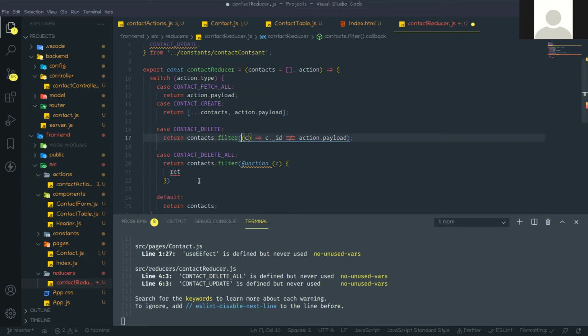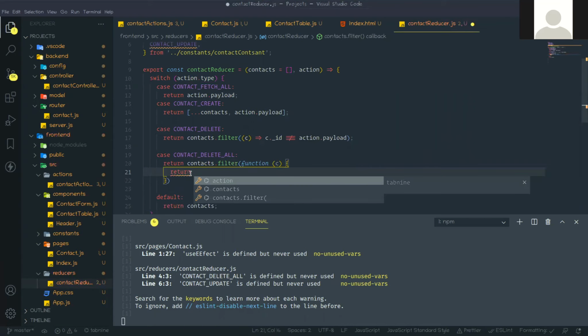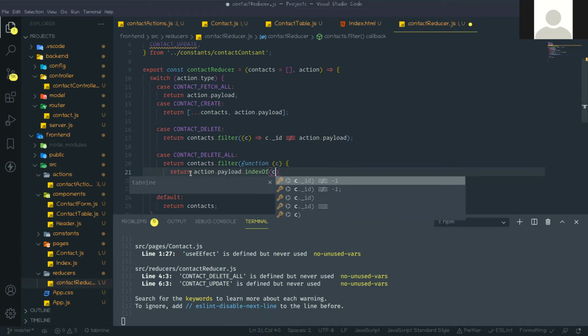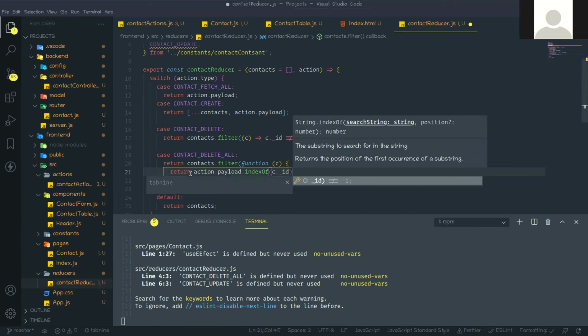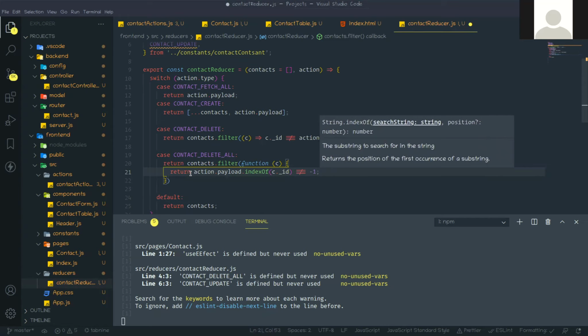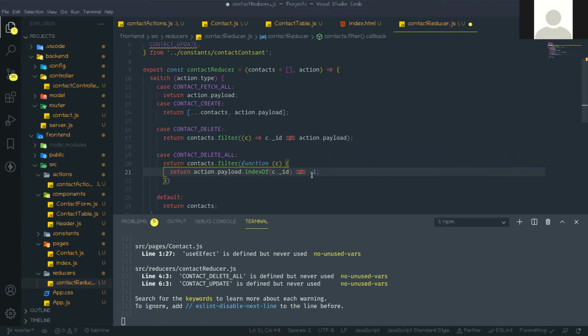Okay, so return action.payload.indexOf, another method, indexOf, of c.id. Okay, c.id is not matched, that means not equal, that is equal to equal, so it will check against the array of IDs.